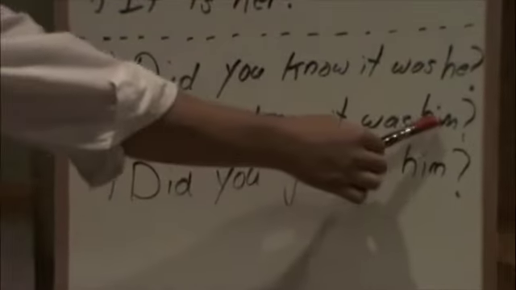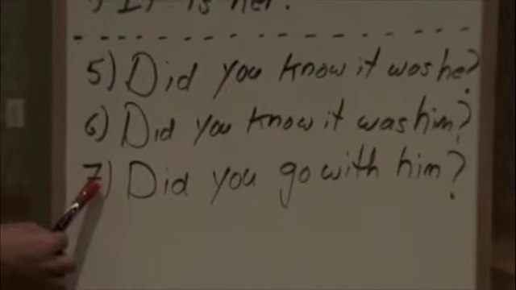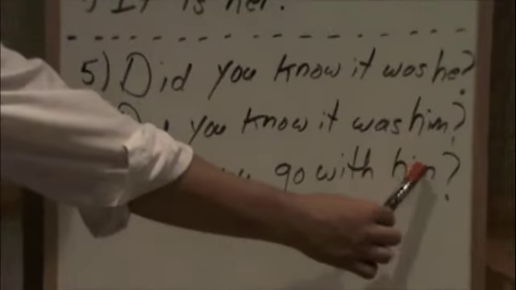We could also add one more thing here, and that is what we have as the implied verb. Did you know it was him coming? Did you know it was him arriving? Did you know it was him talking? We can add any verb there, and in our minds, when we say this sentence, we want to end with a verb. So that is what we call the implied verb. We can see that that does not fall into sentence 7. Did you go with him? There is no verb that we want to add after the word